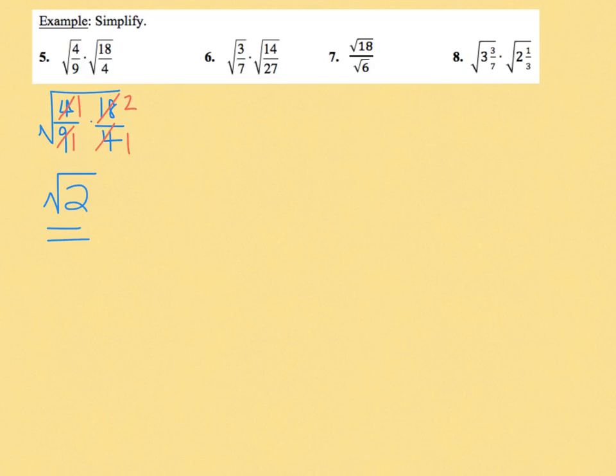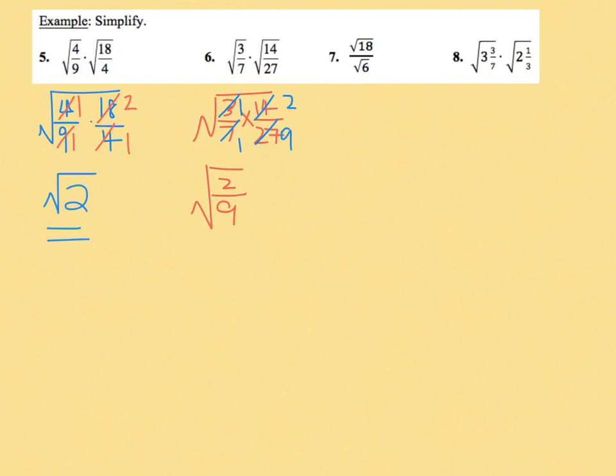In example 6, it is a product of two radical terms, so you can now just multiply the radicands together. So you get the square root of 3 over 7 times 14 over 27. And now apply your knowledge of fractions to help you simplify this. 3 and 27 are both divisible by 3, so you end up with a 9 in the denominator here. And 14 and 7 are both divisible by 7, so you end up with the square root of 2 over